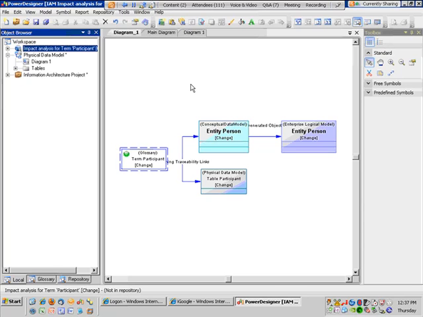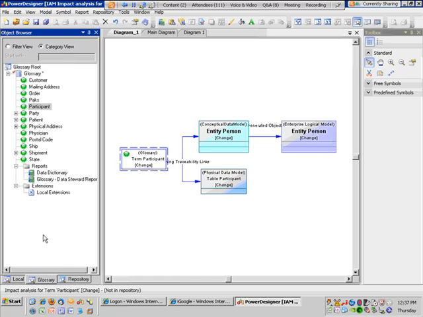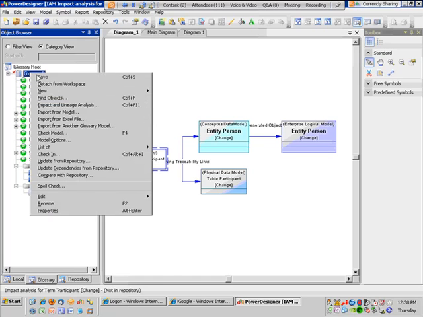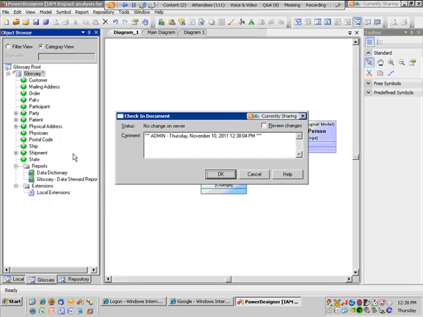Now what we're going to do is switch over to the web, and we're actually going to walk through the Portal Composer. What I'm going to do now is go ahead and check this glossary in, so when I get to the web, it's there. I'm not going to worry about reviewing changes. I'm just going to take my changes as they sit,